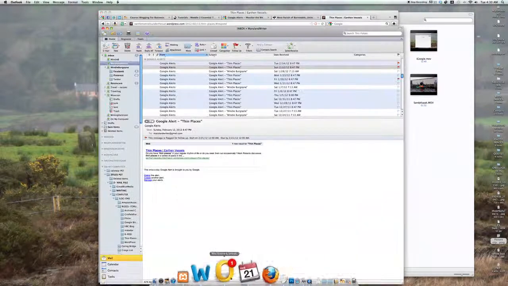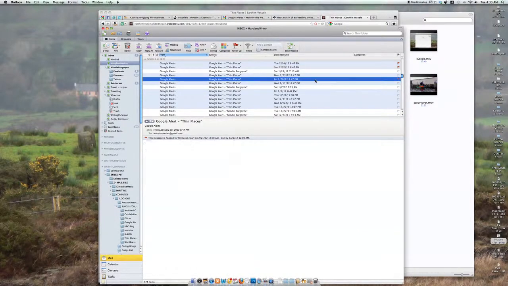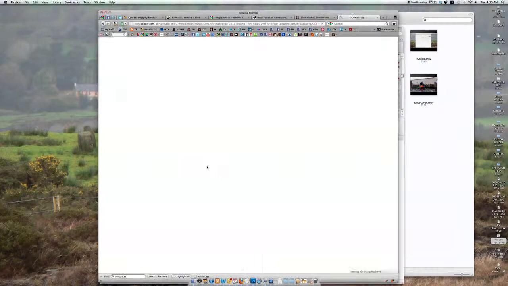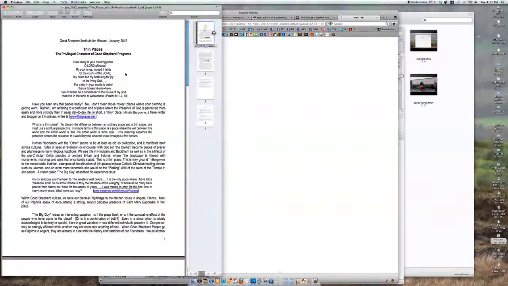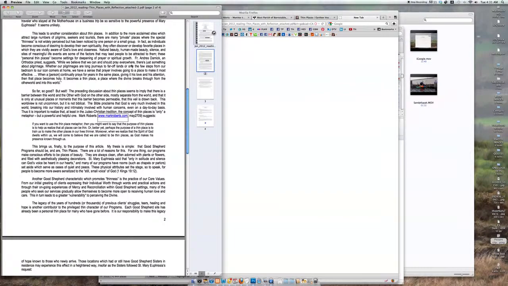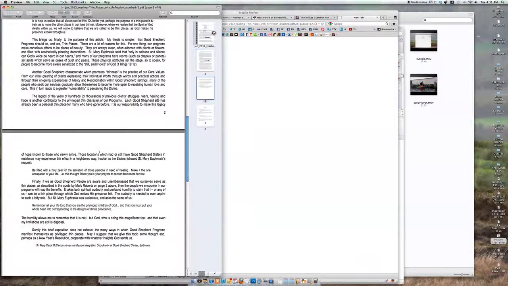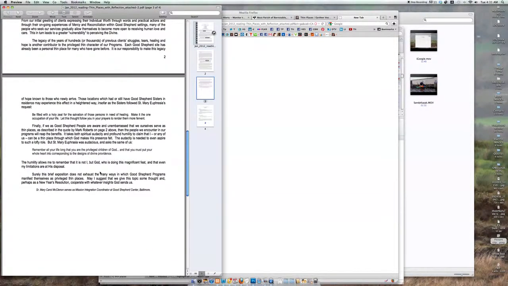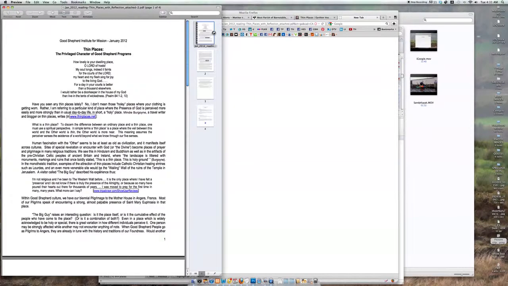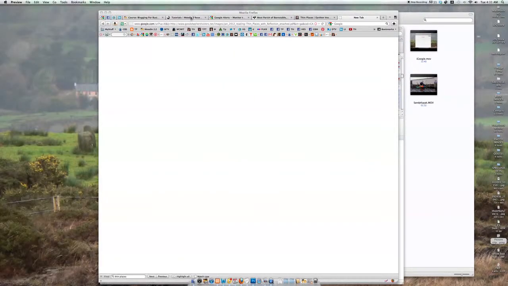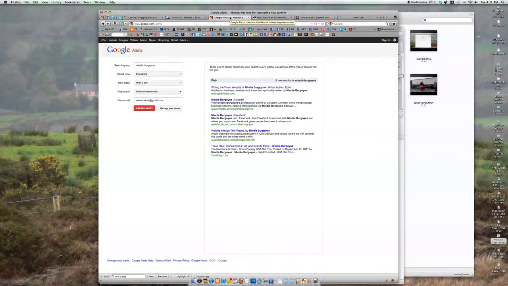There's one more down here, and that's this one. This is a link that actually isn't to a website, it's to a PDF from the Good Shepherd Institute, where they quoted me on thin places. So they were evidently studying this idea of thin places, and it's a white paper that tells a little bit about it, quotes me, and has some other good material in it. So it doesn't necessarily have to be a blog post. So that tells you a little bit about how Google Alerts work. And they can certainly work for you.